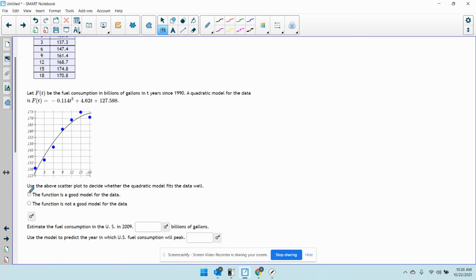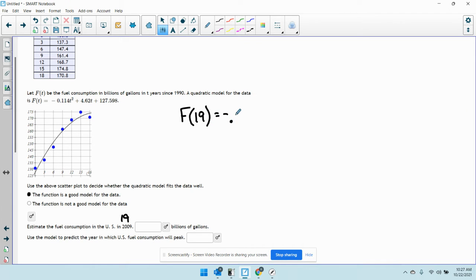So this looks pretty good to me. So this is going to be a good model for the data. And now it says estimate the fuel consumption in 2009. That's going to be in billions of gallons. So this is billions of gallons in the years since 1990. From 1990 to 2009 is 19 years. So I'm just going to replace T with 19. So I'm going to find F of 19